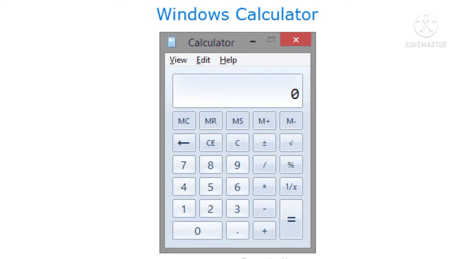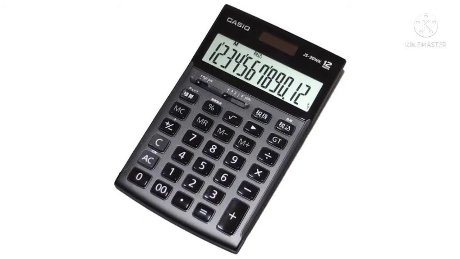Calculator is a program that looks and acts like a real calculator. The calculator helps with mathematical calculations. Have you seen a calculator in your home?